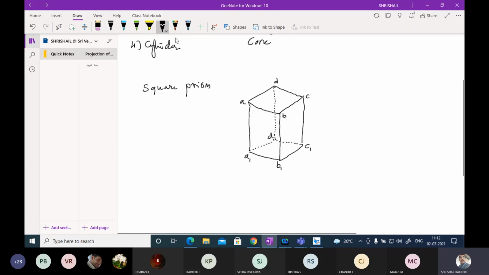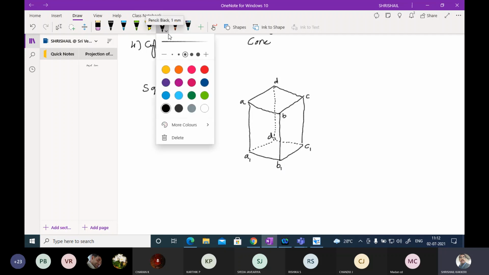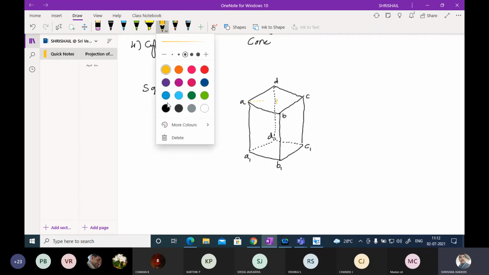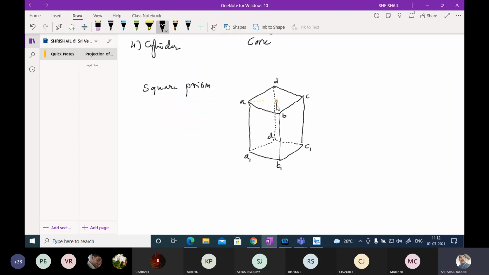And apart from that, we have another extra thing in this. What is that? The axis. Once you draw the diagonals and they intersect at a particular point, that will be called the axis point, this point here. So I am going to take that point here, and starting from there, it is called the axis.